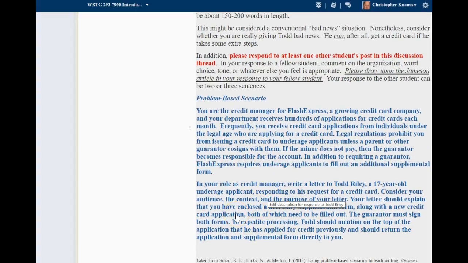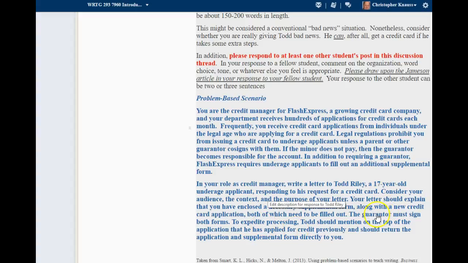It's called a kind of bad news situation, but it's really not. I mean, you have an applicant and you want that person to have your credit card if it's responsible, but you need it to be guaranteed. So instead of just saying, sorry, we can't help you, you're not old enough to have a credit card, you say thank you for your business, be polite, and say we need you to have a guarantor so that you can get your credit.